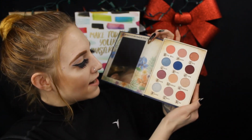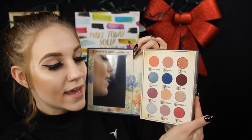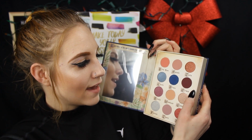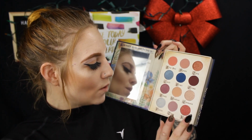When you open it up, it has this giant mirror in it, and then it has all of these really gorgeous colors. The top row is nudes, the second row is blues to a plum color, then we got some shimmers to more sparkly golds, and then a silver to pink. This palette is definitely not as colorful as I personally love to have in my collection, but I'm really excited